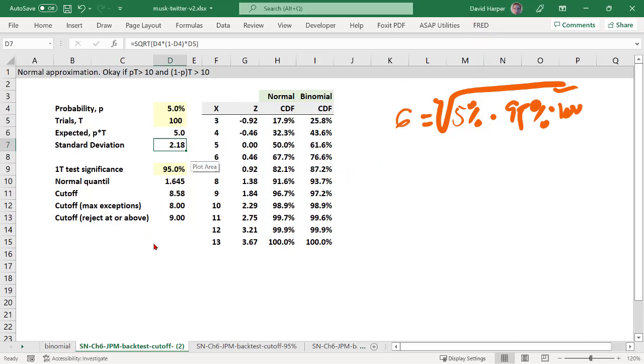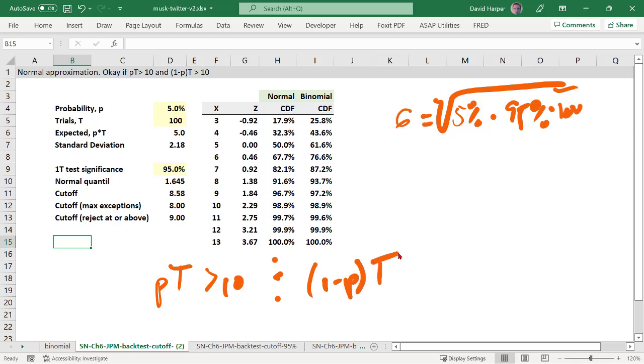And then we go to approximate and we have the normal. And what's the rule for that? Well, the binomial has skew to it. And so the rule for when the normal approximation is okay, one rule, the rule I use, is that probability multiplied by sample size is greater than 10, and the same for 1 minus the probability times the sample size greater than 10. Here we've got 5% times 100 is 5. We actually don't have a large enough sample. There's too much skew in the binomial is a way to look at that. And actually it's easy to show how this is directly related to the skew.